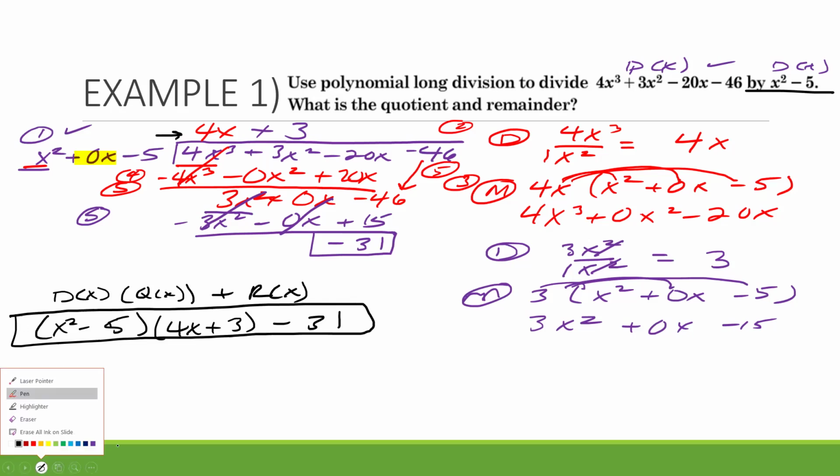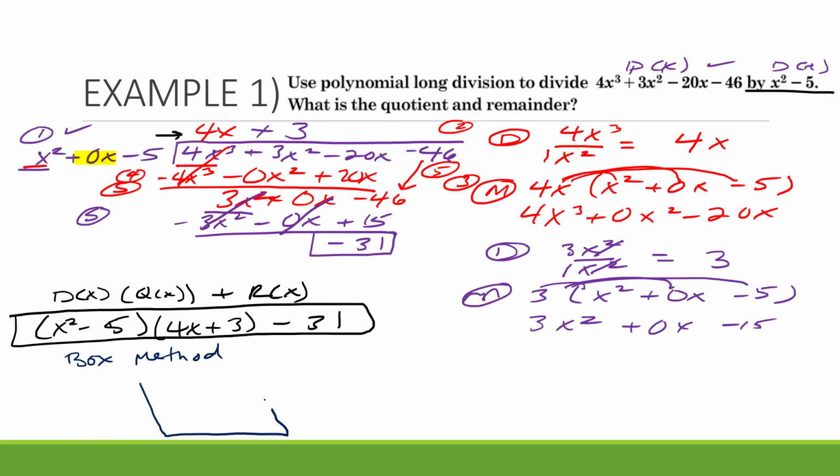Okay? Remember I said you can always check yourself. So if you're unsure, like, man, I don't think I did that right, then you're going to check yourself. I'm going to model checking ourselves using the box method just for the sake of space. So using the box method to check myself,